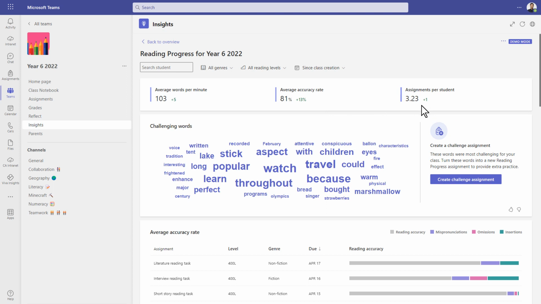Insights will now generate a word cloud based on the most challenging words across the class. So we can see here the larger words in the cloud have a greater count because students have tripped up or made more mistakes in pronunciation on these words. We have the option on the right hand side to create a challenge assignment based on these words, so we can click here,